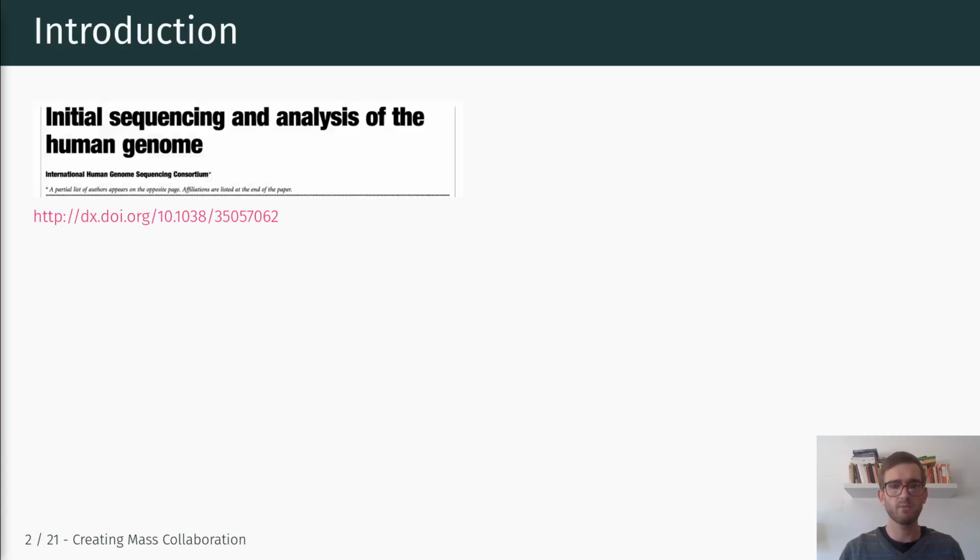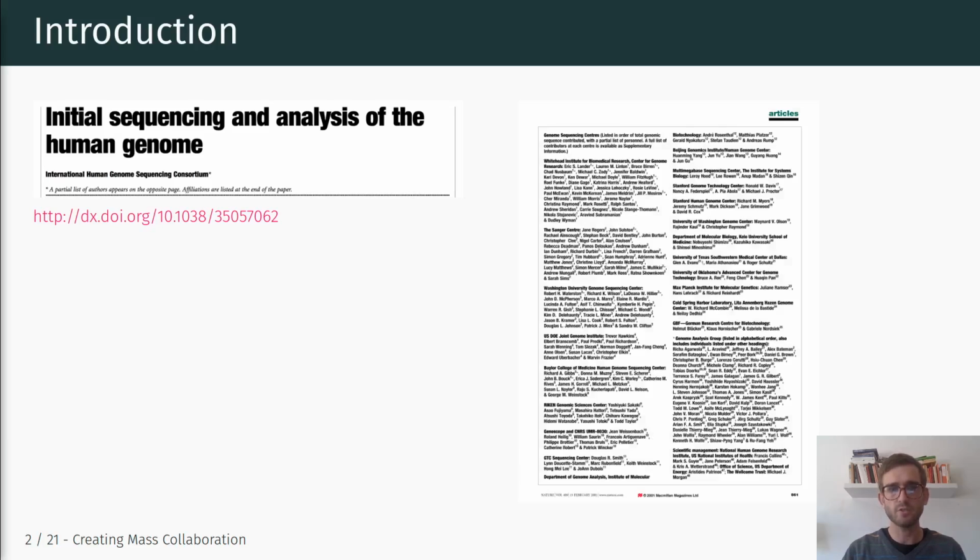We have a lot of research projects, for example, in biology or biochemistry, that involve large scale collaborations between researchers across various institutions. So, for example, when we look at the first paper on the initial sequencing and analysis of the human genome published in Nature, we see an author page, we see author information that spans an entire page,